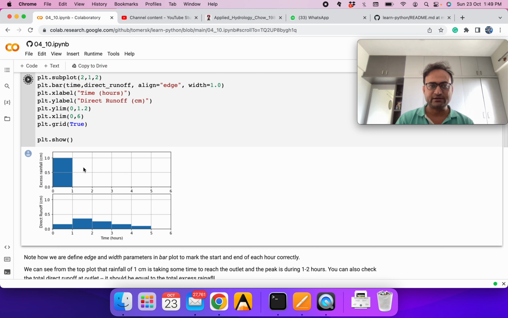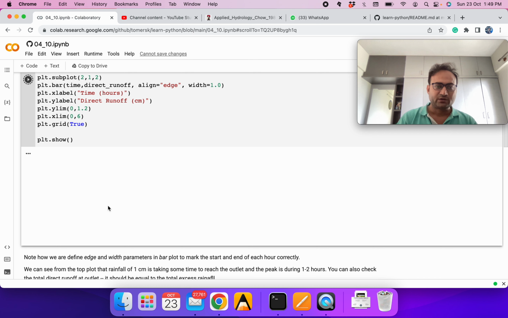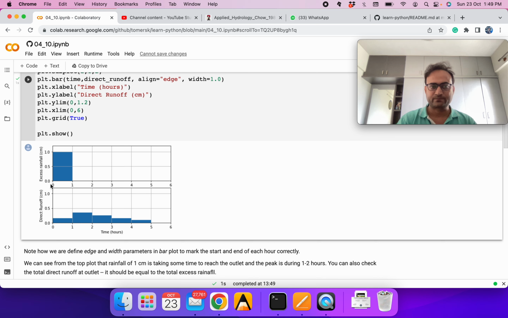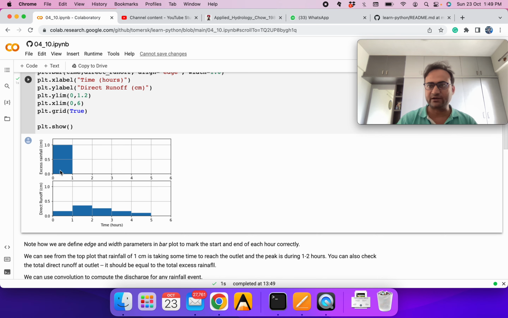In this figure we have already computed, so you can see it. On the top you can see between 0 to 1 hour it was 1 centimeter of rainfall. Now this 1 centimeter of rainfall is going through the entire catchment or the watershed or the basin, whatever term you prefer, at least for this exercise. We can see it took some time for the peak to reach.